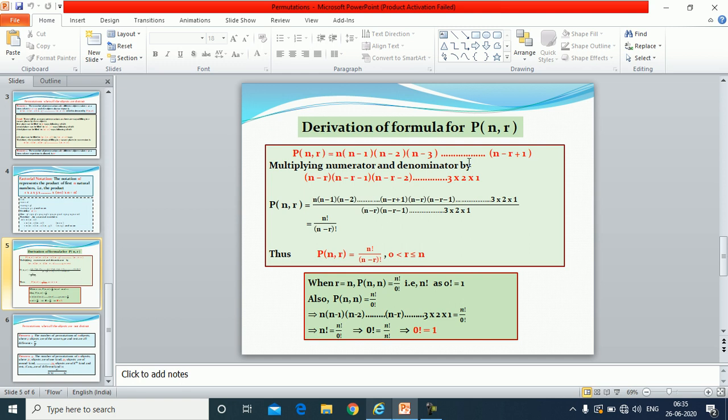So multiplying the numerator and denominator by, see what we are multiplying, the next natural numbers which you are going to get in decreasing order. So the natural number 1 less than n minus r plus 1. Keep in mind 1 less than this. We are reducing each term by 1. So from this, if I remove 1, it will become n minus r. And the one which is 1 less than that will be n minus r minus 1. So on. As we keep on reducing 1 from the previous term, finally we will be reaching the natural numbers 3, 2, 1. Gradually it will decrease to 1.